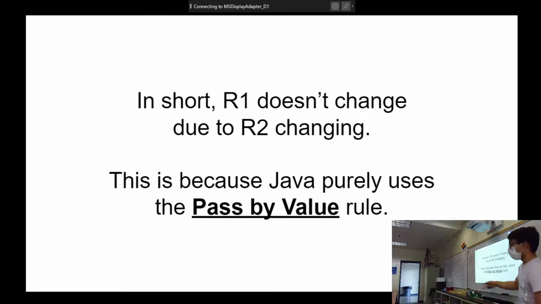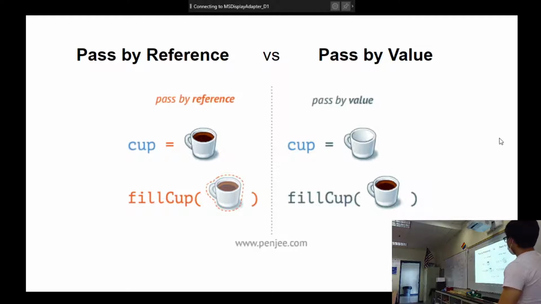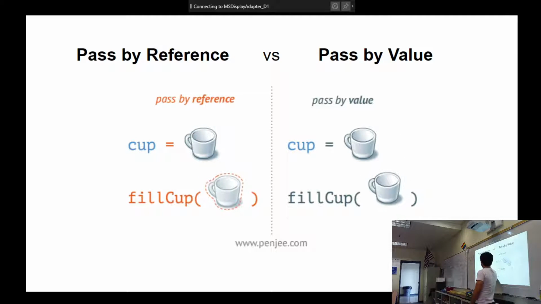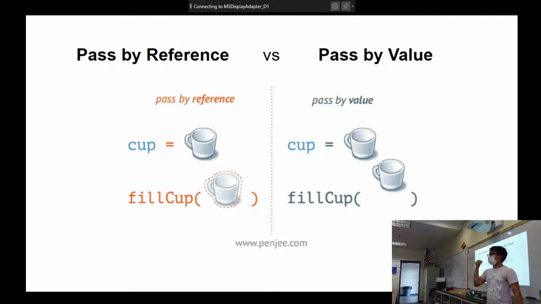So I'm going to teach you two things today. One is pass by value, and one is pass by reference. And I'll talk about what those two differences are and what they actually mean. So, if we look at this cup of coffee, pass by reference. On the left here, we have a cup of coffee, and we can pass the address of that coffee into a method, and that method can fill up the coffee. Since we pass the address in, we're passing where that is in location of data. They're both the same cup of coffee, because they're both at the same address.